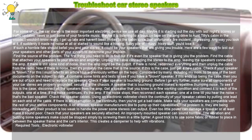Troubleshoot car stereo speakers. For some of us, the car stereo is the most important electronic device we use all day. Maybe it is starting out the day with last night's scores or traffic updates, news, or just some of your favorite music. Maybe it is listening to a book on tape on the long drive to Aunt Tilly's cabin